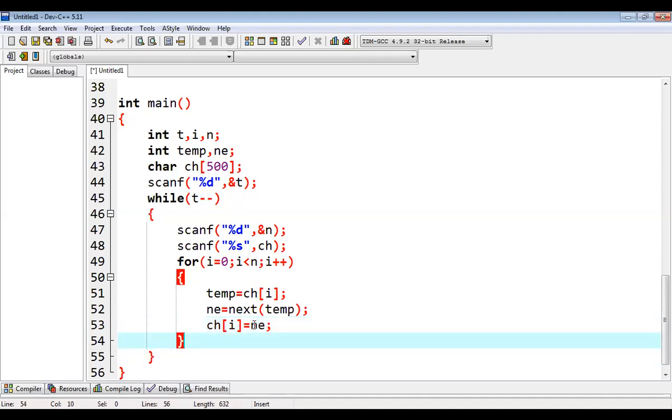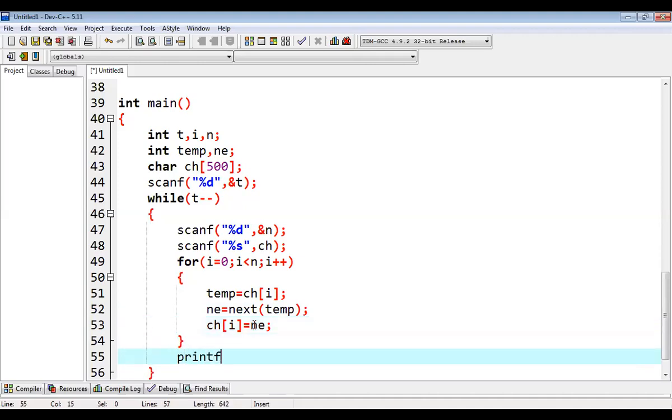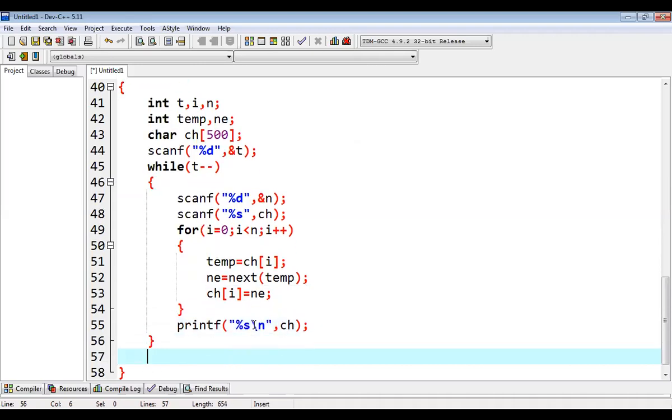And then after this, we have to printf the whole word, and then return 0.